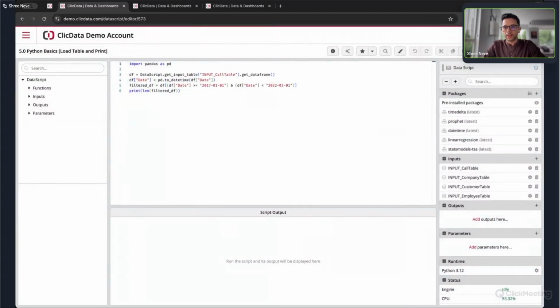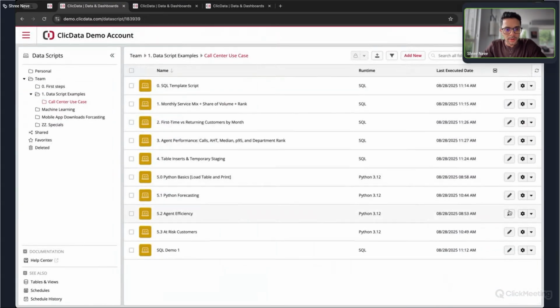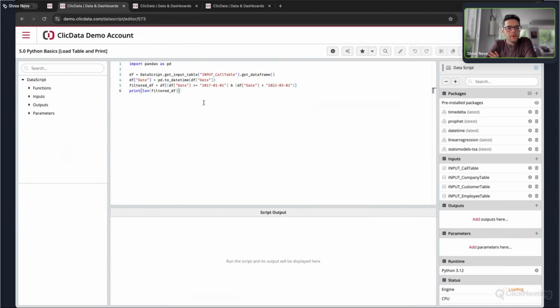So let me go to an example that I have prepared for now. Here what I'm doing is just a basic load. I want to load a particular table, and once that table has been loaded, I would like to just print